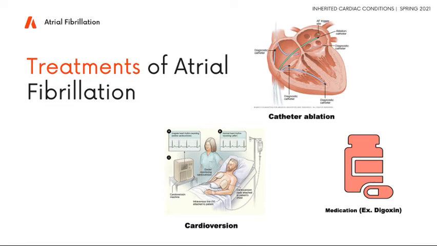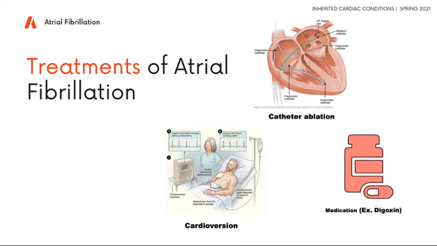Now that we know about some of the symptoms of atrial fibrillation, we can now discuss some possible treatments. One of those treatments is a medical procedure known as cardioversion. It is a procedure that restores a normal heart rhythm in people with certain types of abnormal heartbeats, which are known as arrhythmias. This is usually done by sending a shock to the heart through electrodes placed on the chest.